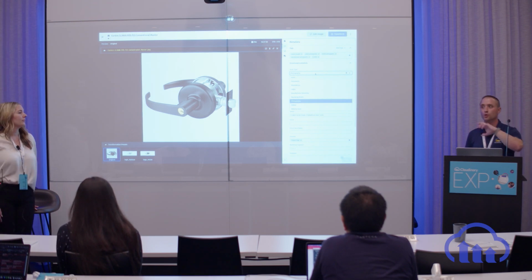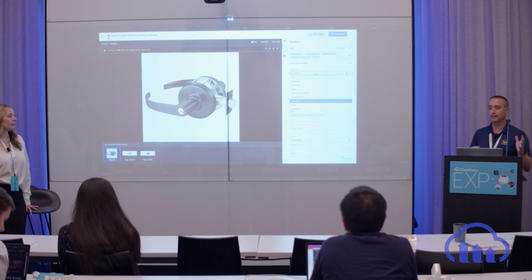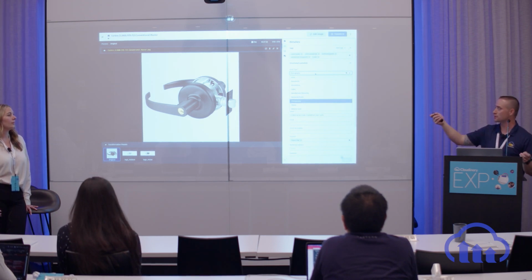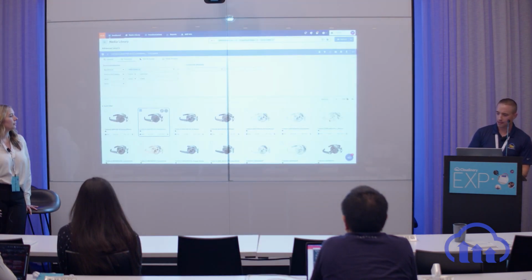So this ensures that your team can continue to organize and also have it where it doesn't just rely on Kristi and the team doing this. If someone uploads it, they have to make sure that this field, if anything, is filled out correctly, which is key. Mandatory fields are key. Yes, I agree. So if we take a look back at this, let's go ahead and pop over to the